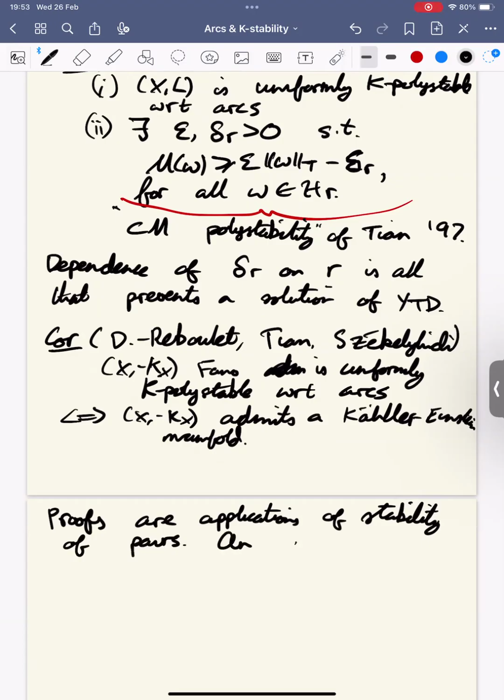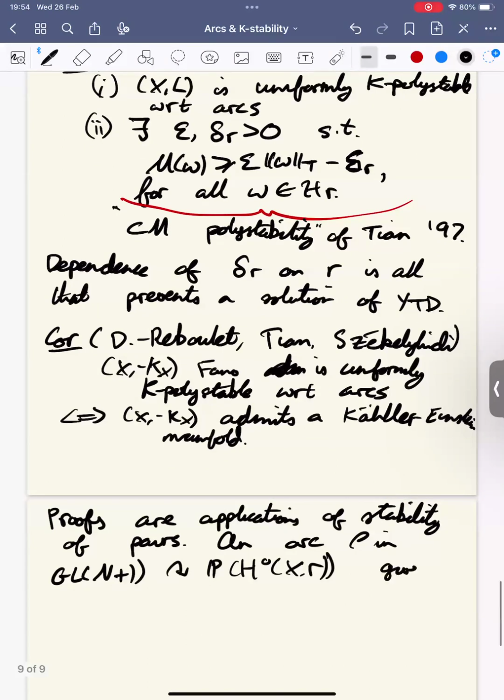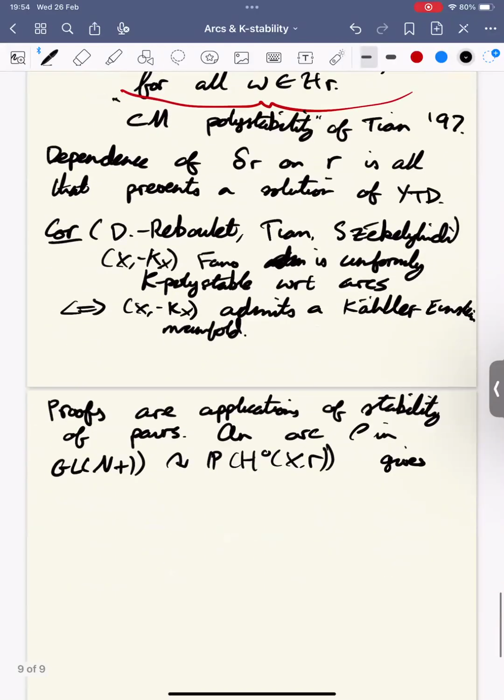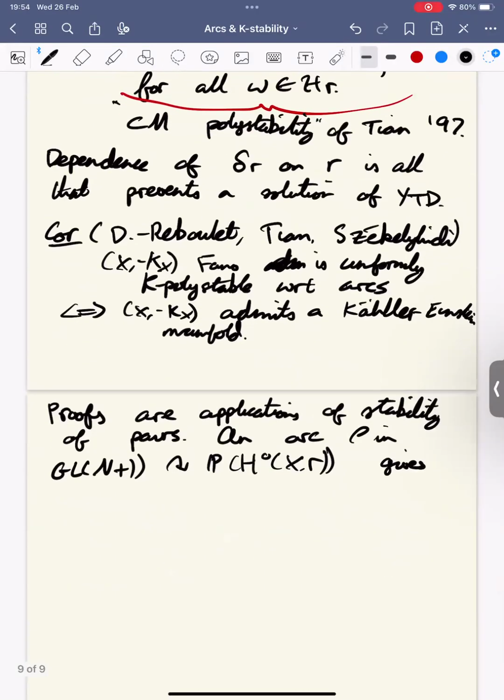So an arc rho in GL n+1. So remember, this is acting on my projective space, P of H0 of X, L. So this gives a flat family. So you should think that GL acts on projective space, inducing an action on the Hilbert scheme. And so we can try to apply this theory to the Hilbert scheme. In particular, this gives a flat family